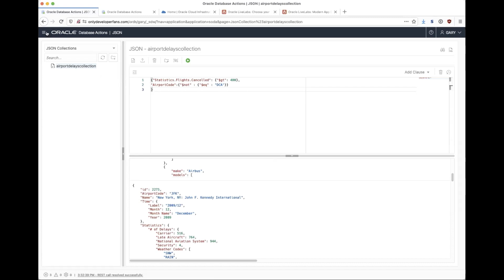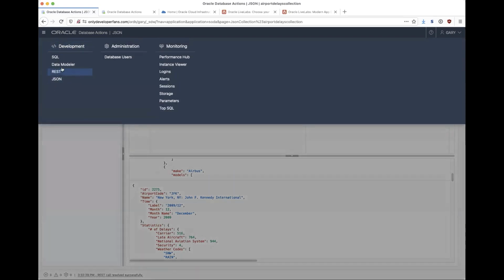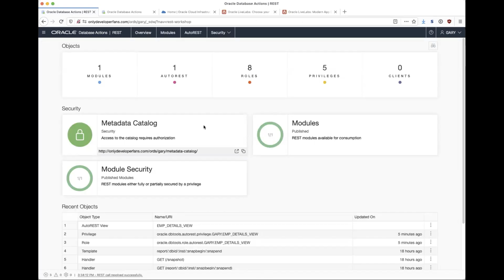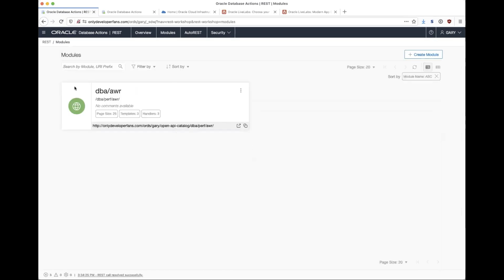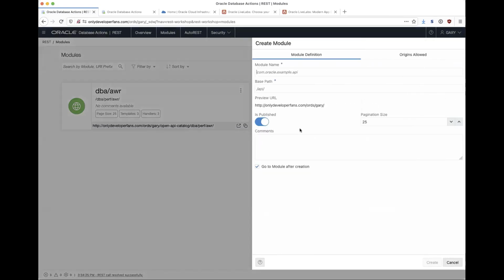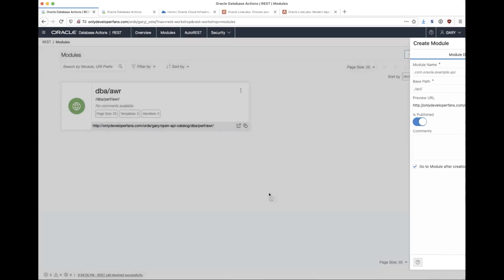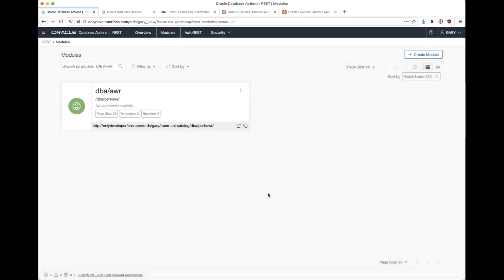Now, you saw that we REST enabled that table. Let's go over to our REST module. If you're familiar with how we did our REST stuff earlier, there was a lot of PL/SQL involved. Well, we put a great UI on top of this where I can create these REST services from scratch very easily. You just go over to the modules, and I have one here. We'll take a look at that one. This is one that our manager, Chris, created for us. But if I wanted to create one, I can hit module, quickly fill in this information, and I can REST enable custom SQL. I can REST enable packages, procedures, functions,